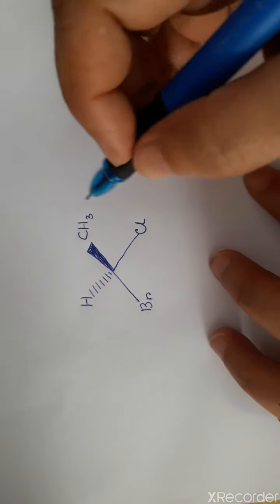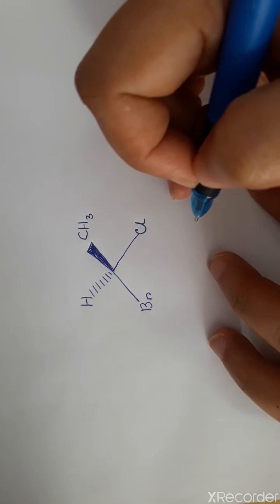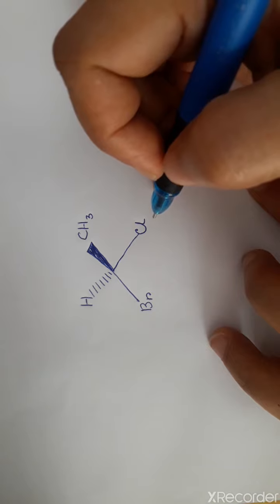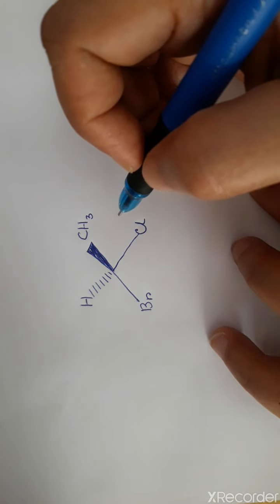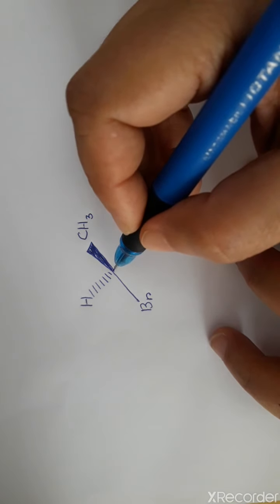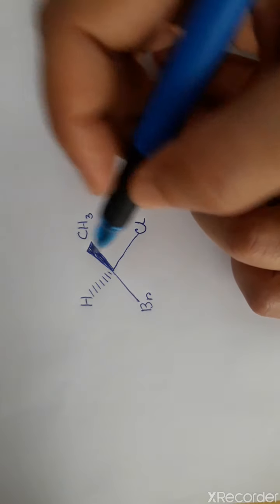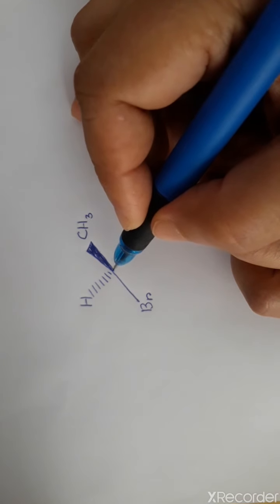In this video, we'll learn to determine the R/S configuration of a few chiral carbons, and I'll also discuss the different CIP rules to assign priority to the different groups or atoms attached to the chiral carbon. The first rule of CIP is that we have to consider the atom which is directly attached to the